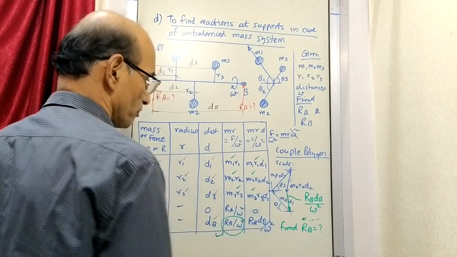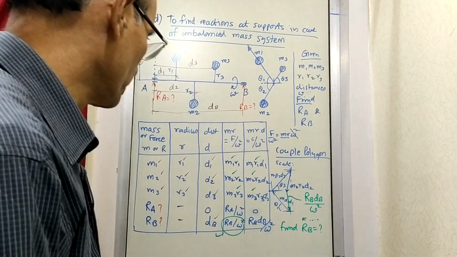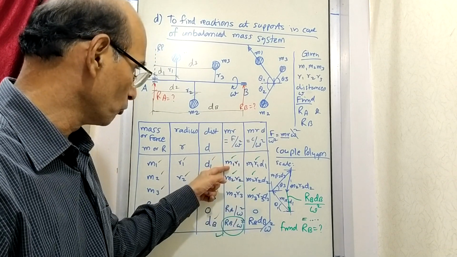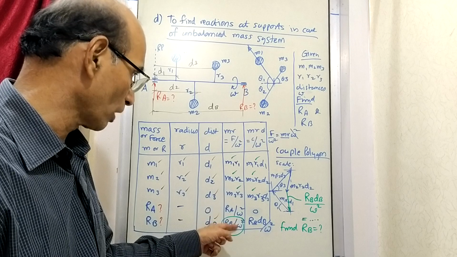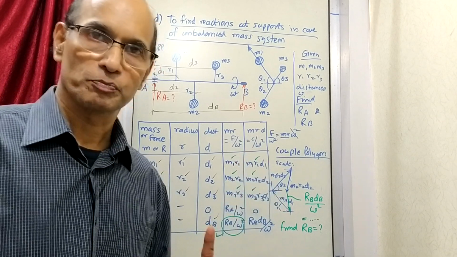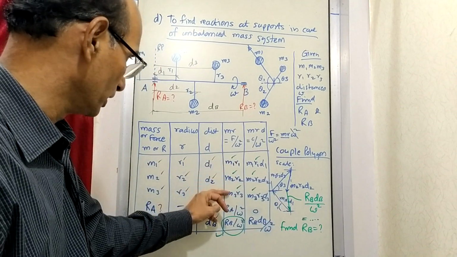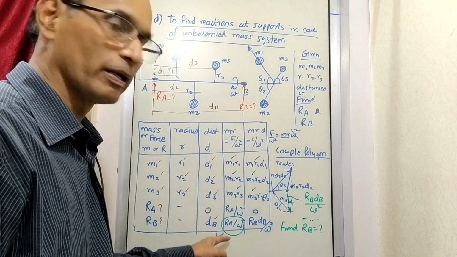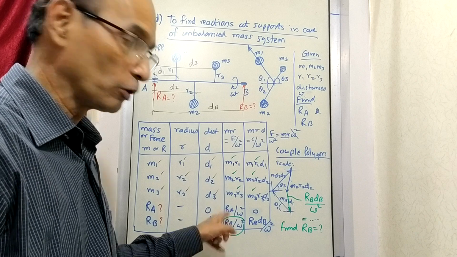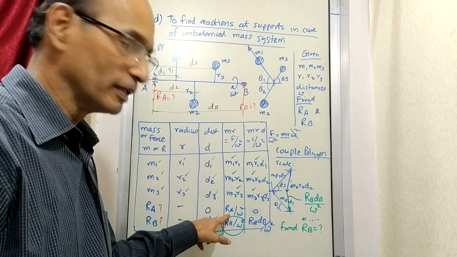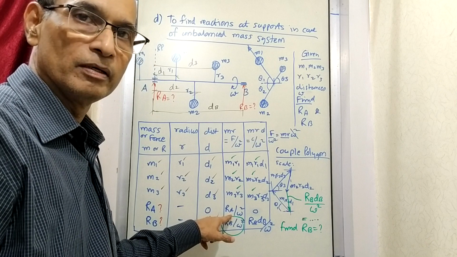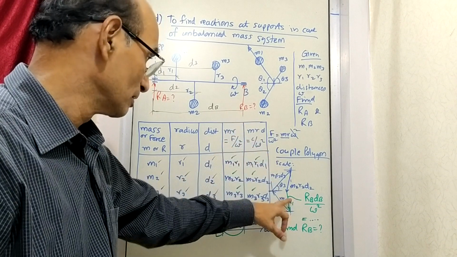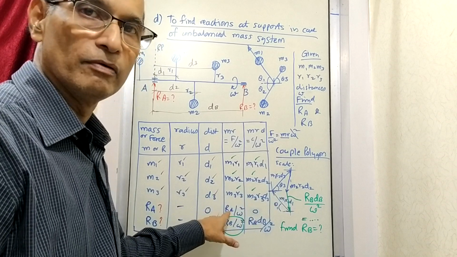Now this is known. Suppose we make an attempt to draw the force polygon. Then the 1, 2, 3, 4 and 5 vectors should form a closed polygon. Out of that, vectors 1, 2, 3 and 4 are known. So if you draw the polygon with these 4 vectors and try to close it with the fifth vector, then this vector will be known to you by its magnitude and length in the polygon, just like this, and that will give you RA, which is what we wanted.